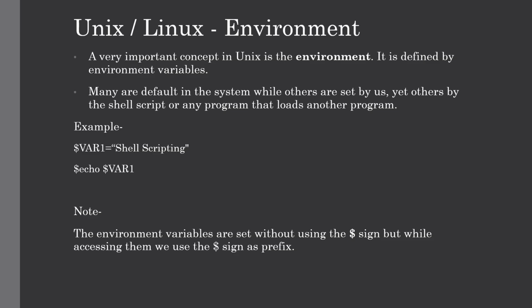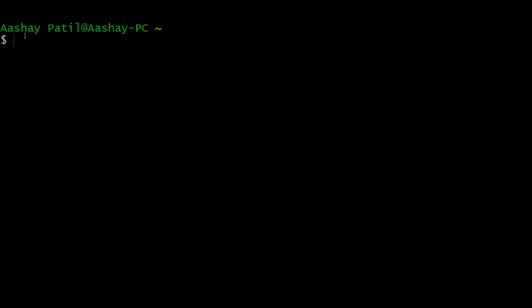Now first let me show you how we can create one variable and assign some value to it. So this is our shell prompt, and for creating one variable just give the variable name. In this case our variable name will be var1 equal to, in inverted commas, we have to provide some value to it. We will just provide shell scripting. This is the text message, or a string, that we are providing into the variable named var1. After hitting enter, as you can see, we have successfully created one variable.